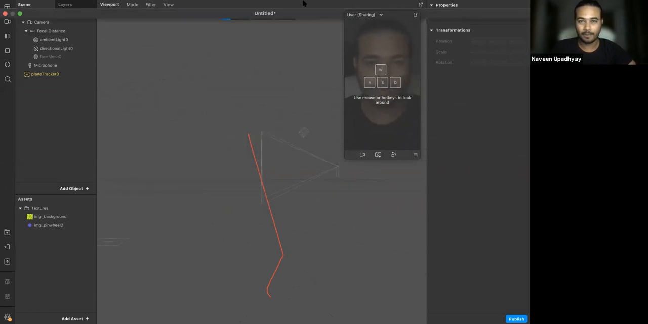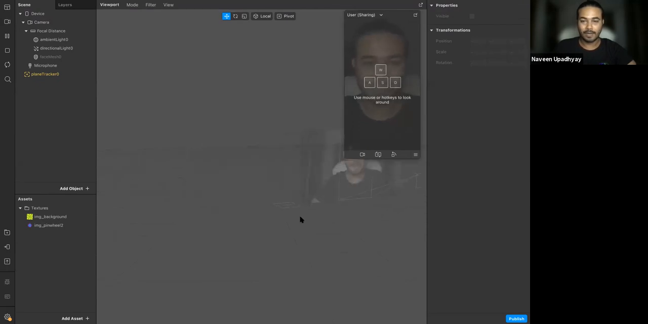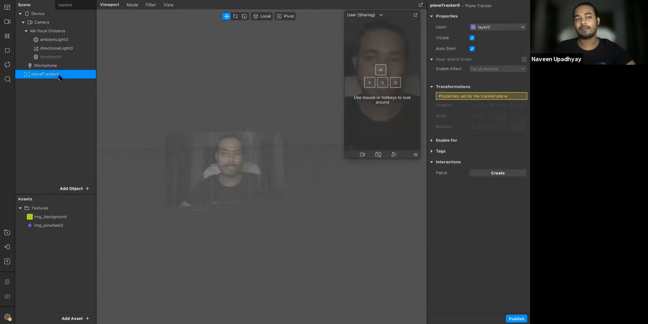just a moment, I'm just gonna find a way to remove this drawing. Okay, so when I added a plane tracker here, similarly, just like a face tracker, it added a